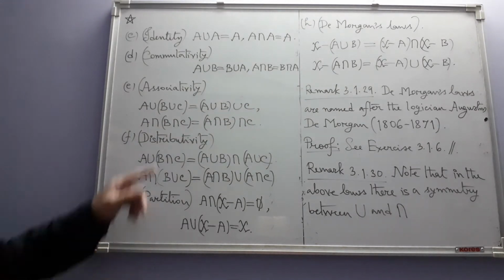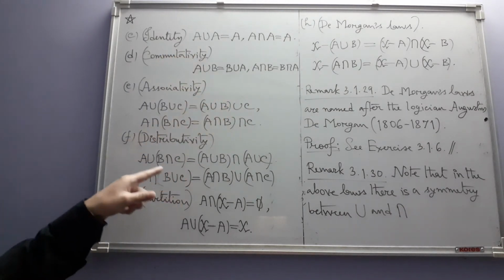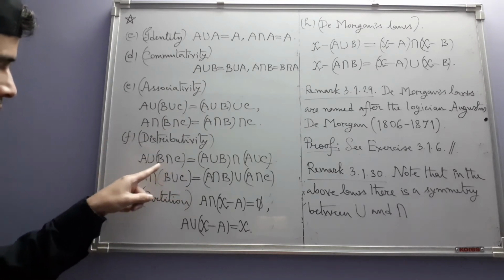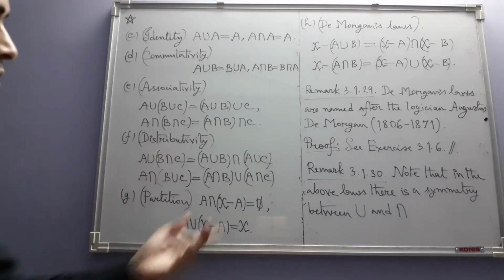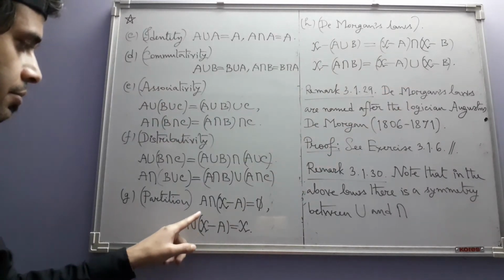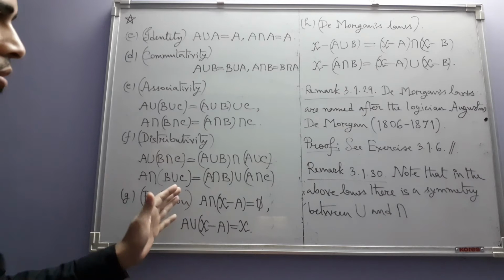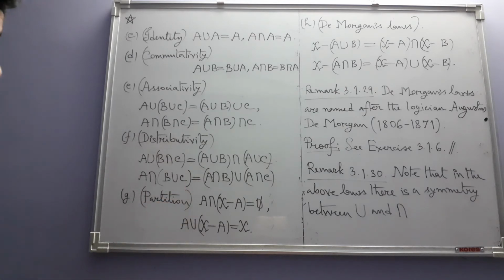You can see whatever is happening to union, the same thing is happening with intersection, and when they are used simultaneously, we can change their positions also. See? And here of course it is something else, but we can see a rough symmetry between union and intersection, and